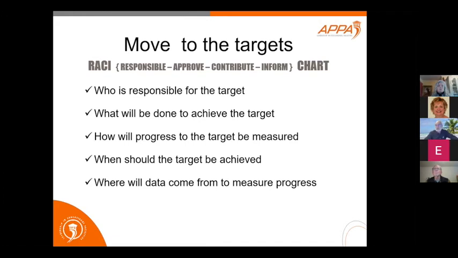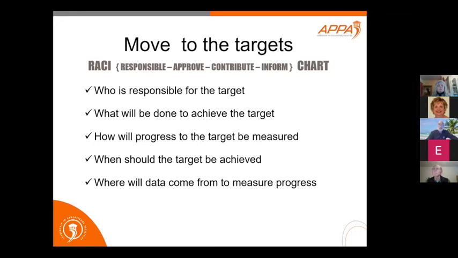There are different contributors that contribute to the data and help you understand what's going on. And then you may be informing another set of people. Sometimes it's a university senate or some other group of people that you keep informed of all of this